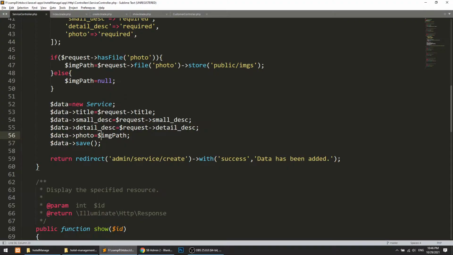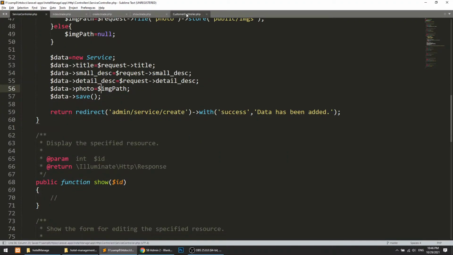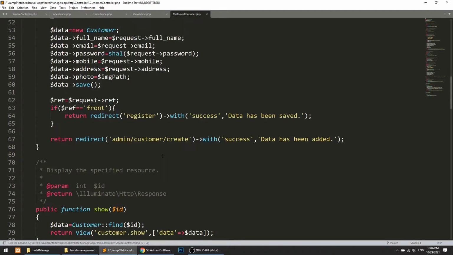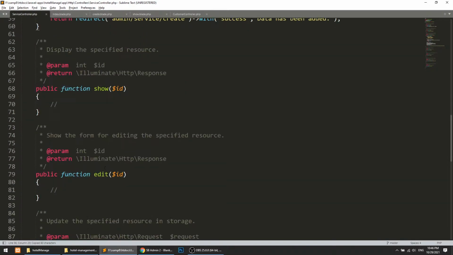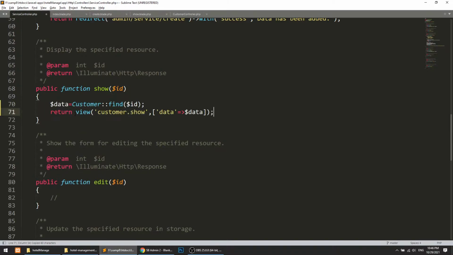Let's open our customer controller first, and from it we will copy this show code and paste it in our services controller. I explained everything when I created the customer controller, so you can check that video.